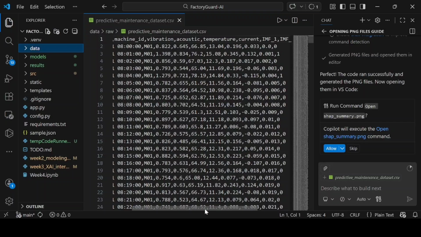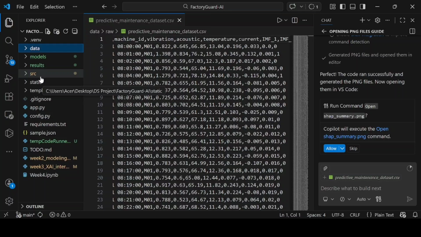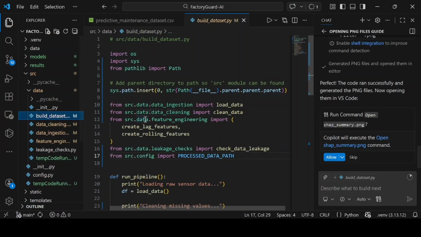This project follows a complete production machine learning life cycle and is implemented in 4 stages: data engineering, modeling, explainability, and deployment. So for the week 1 task, in week 1 the focus was on converting raw sensor logs into a clean model ready dataset. As mentioned in this code,